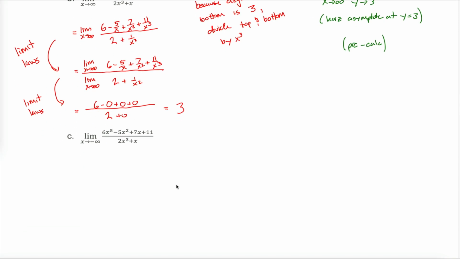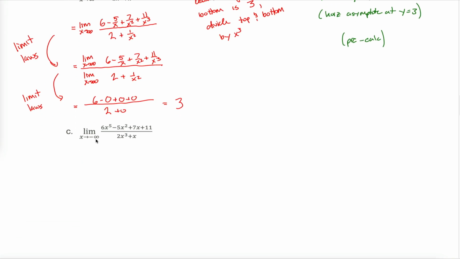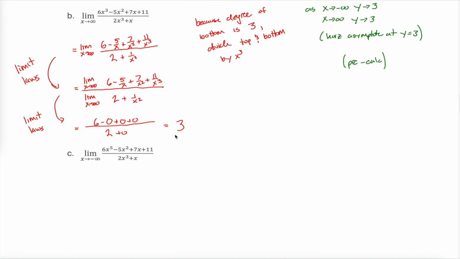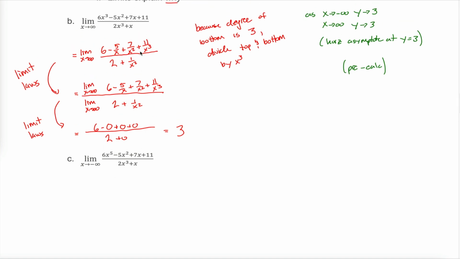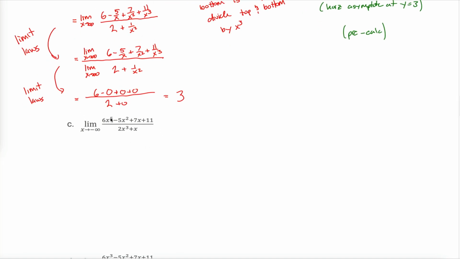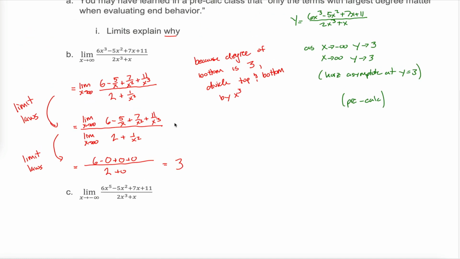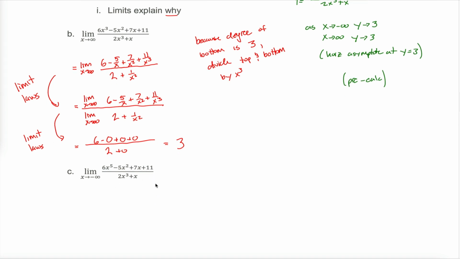Let's see if we can do something similar to evaluate the limit as x approaches negative infinity of this expression. This expression looks a lot like the expression we have up here, but you might notice that the polynomial in the numerator is degree 5 now, and the polynomial in the denominator is degree 3. This trick that we did where we multiplied the top and the bottom by 1 over x cubed is going to be very similar to the trick we do down here, but you might be wondering, wait, should I multiply